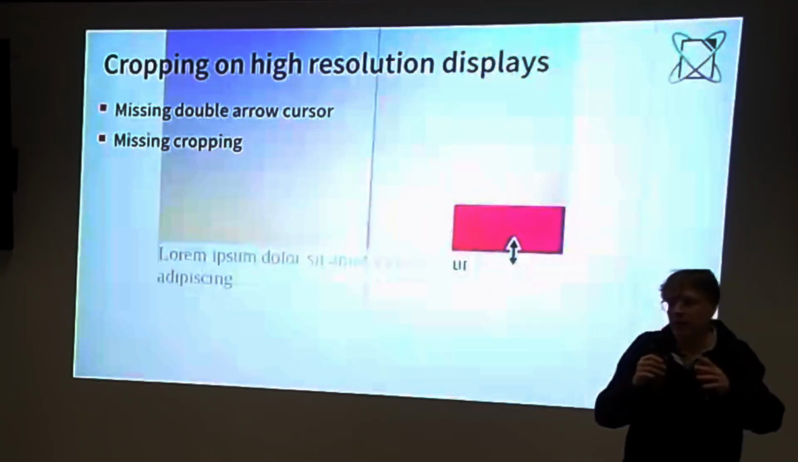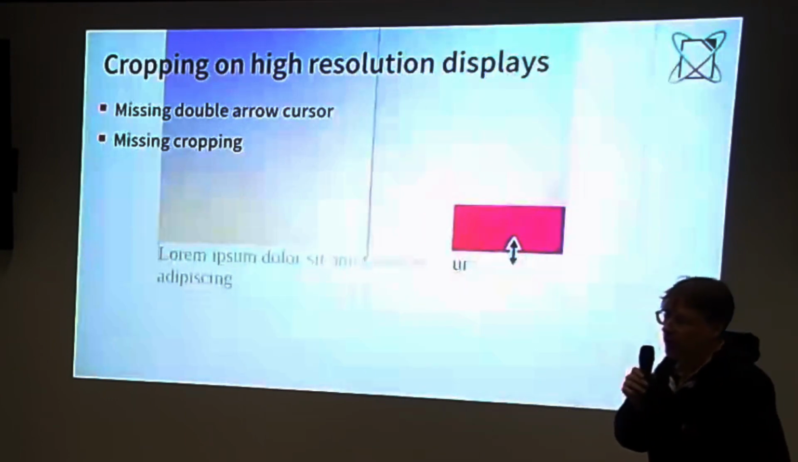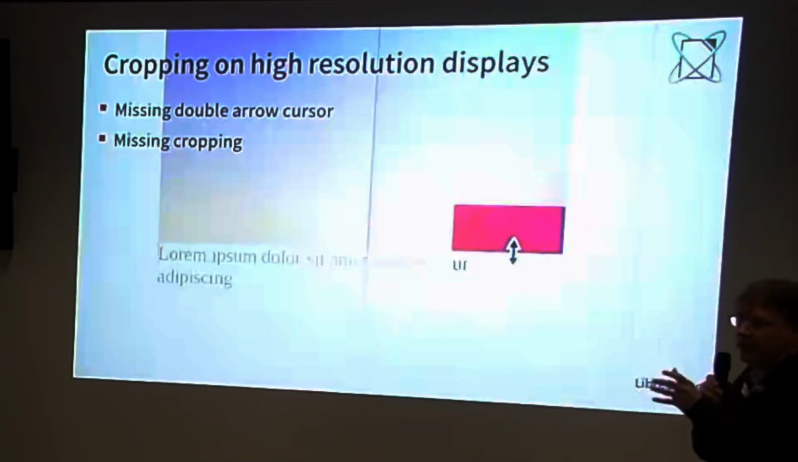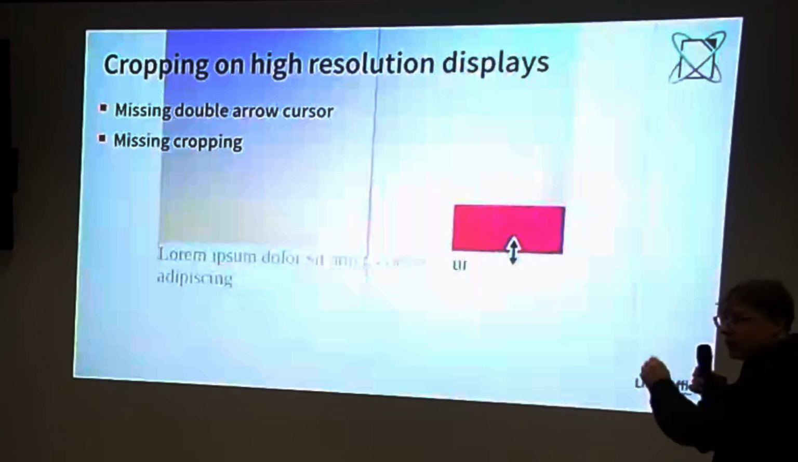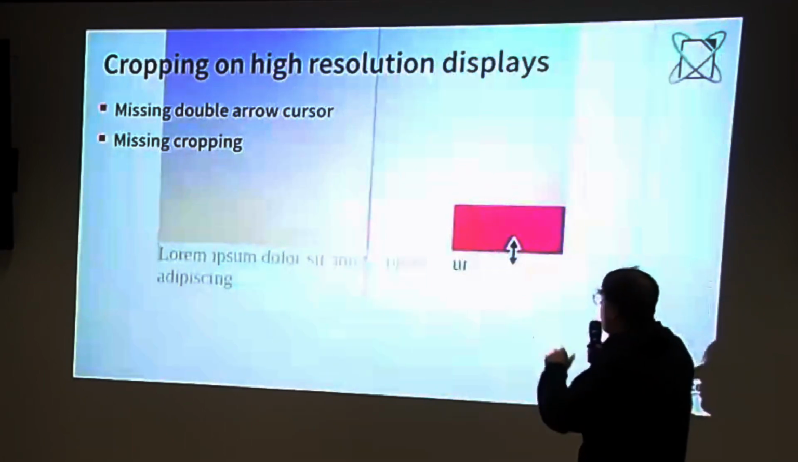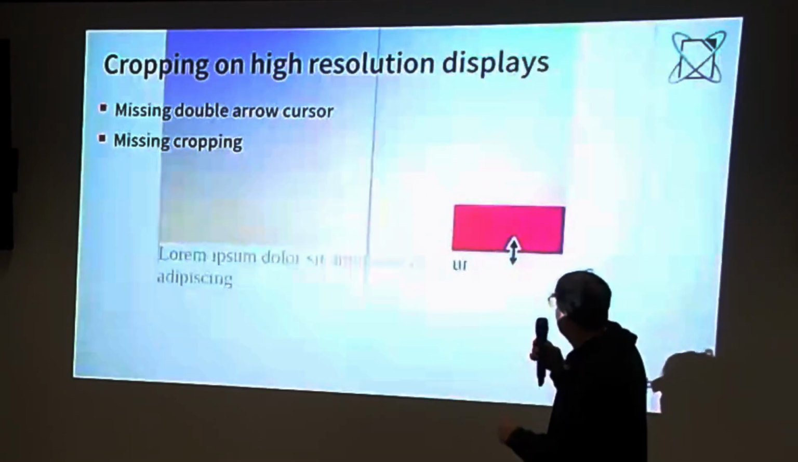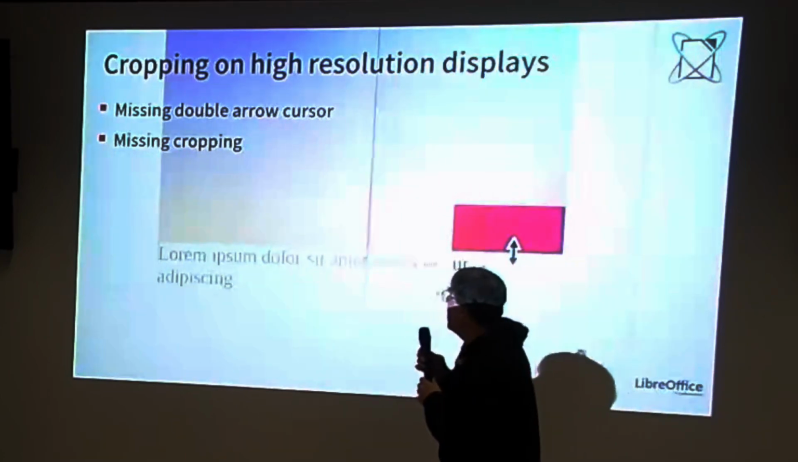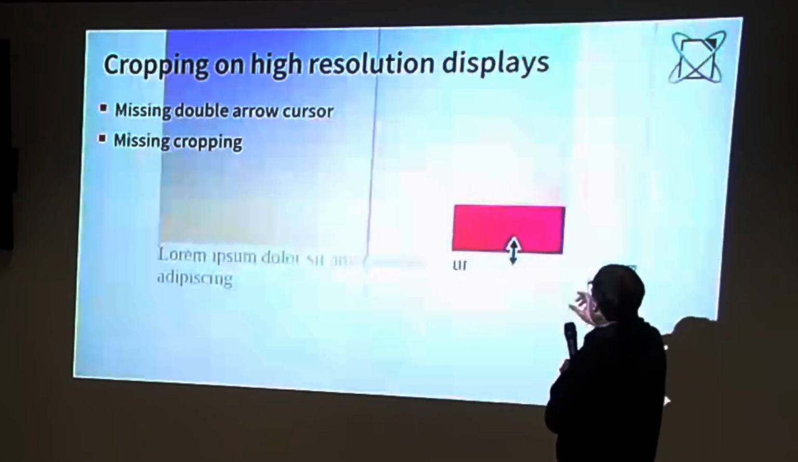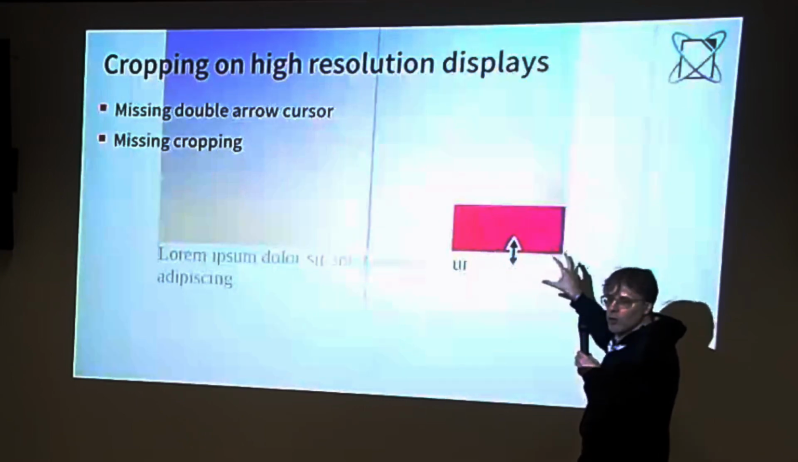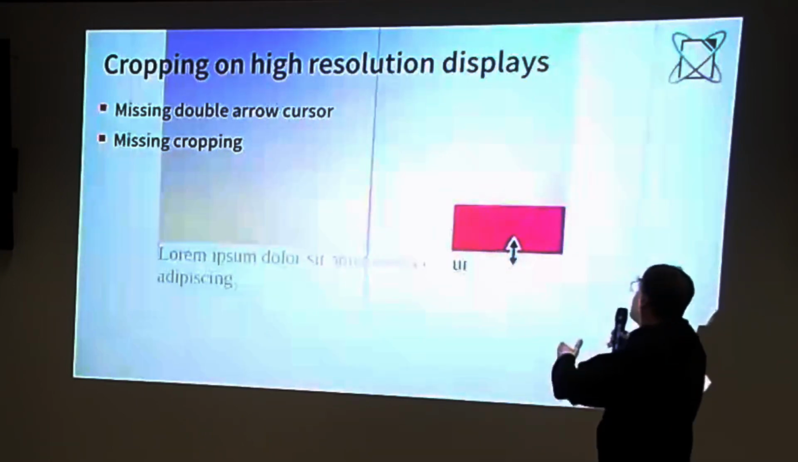So the user tried that, but there was no cursor, or it was very hard to get the cursor, and then to try to drag and drop. That was one of the first parts of the problem. The other problem was that, especially if there was a bigger zoom, and there was a double arrow cursor,